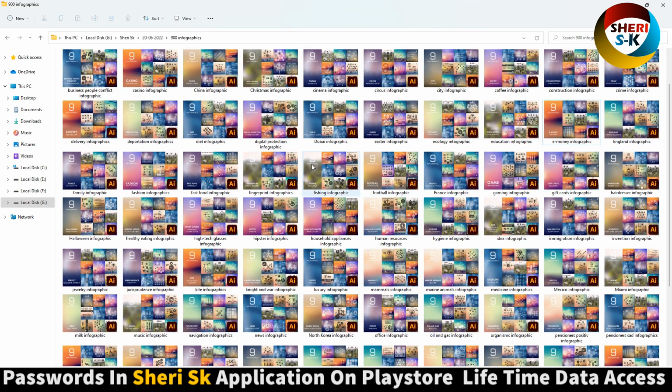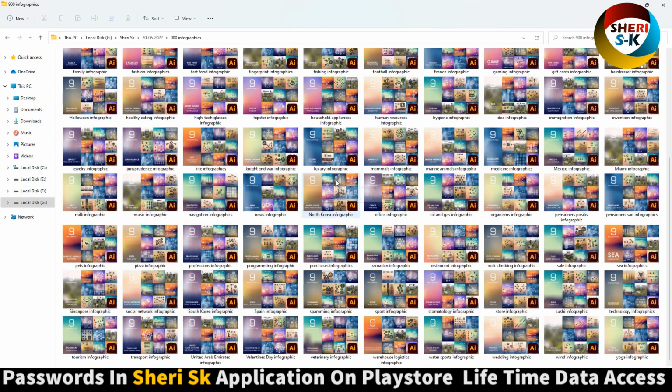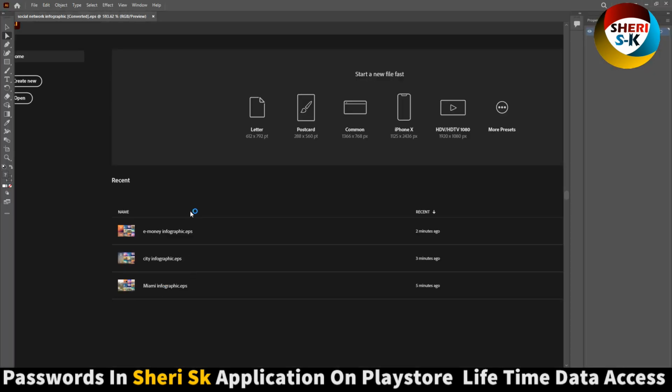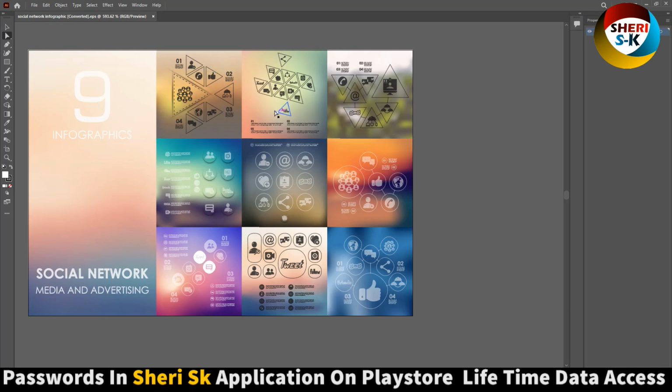Here are all categories and many countries' infographics, like United Arab Emirates, sale infographics, sea infographics, store, and here is a restaurant, Ramzan, purchase and sale, profession, visa infographic, and here is a social media, social network infographic. Okay,